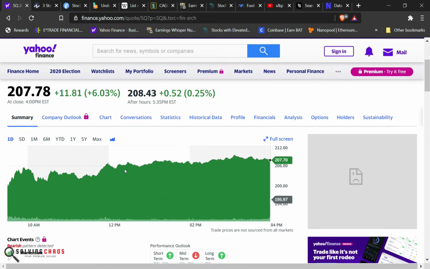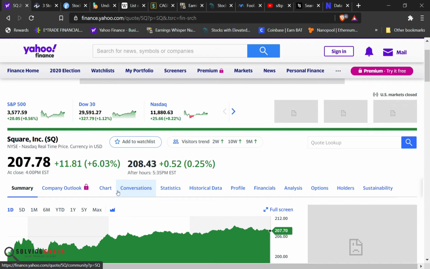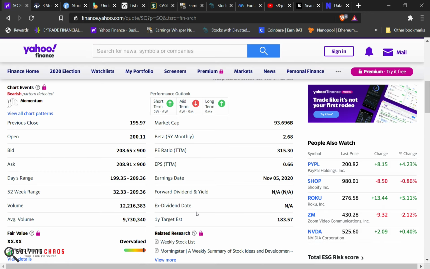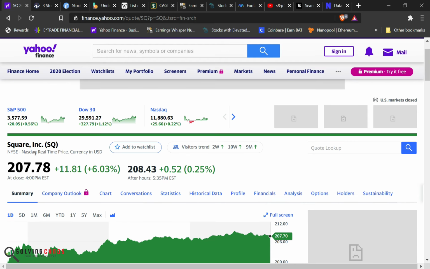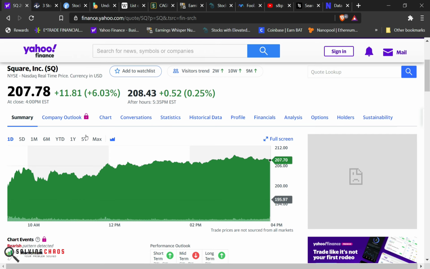So I think there's a lot of things Square can add value to the S&P 500. I don't think anybody will deny that. This is going to be like a Tesla. The day they announce it, this thing may shoot up another 20, 30, 40 bucks. I have no idea. But Square is a business that I like.